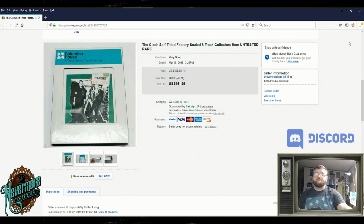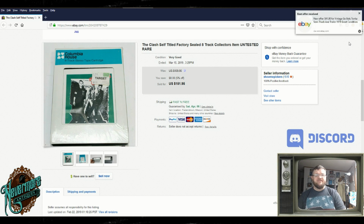So let's see, that's $480 on three 8-tracks, and I only had 50 cents a piece in them. So that was an extremely good purchase on my behalf. I lost on the Lollapalooza shirts, but I did not lose on the 8-tracks. And I walked in and I saw all those 8-tracks, and they were factory sealed, and I thought to myself,